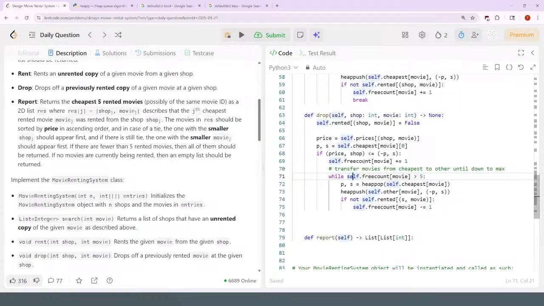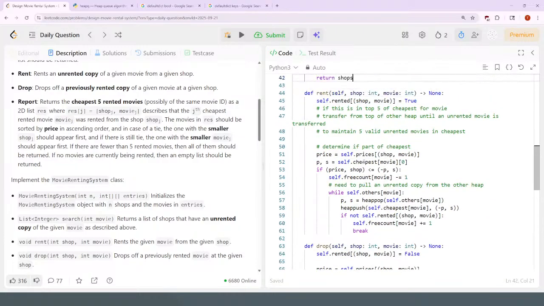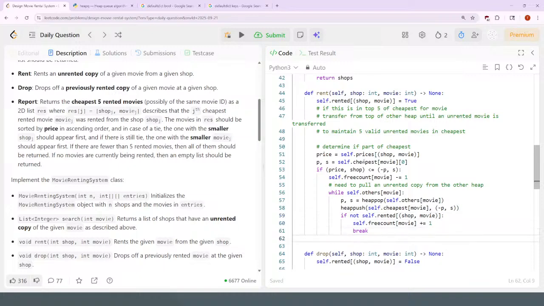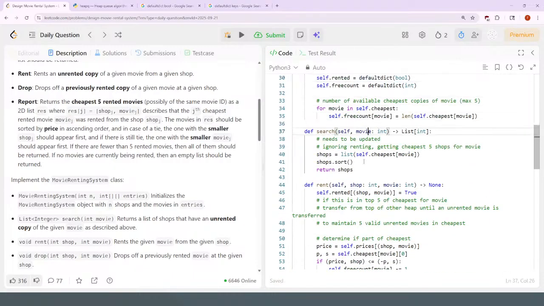A pop, a push. Yeah, at some point it needs to transfer it. Oof. Okay. And then if I need to rent this here, determine, so for the search here,